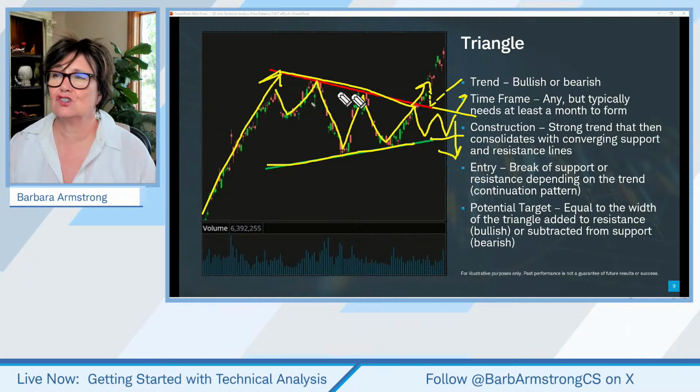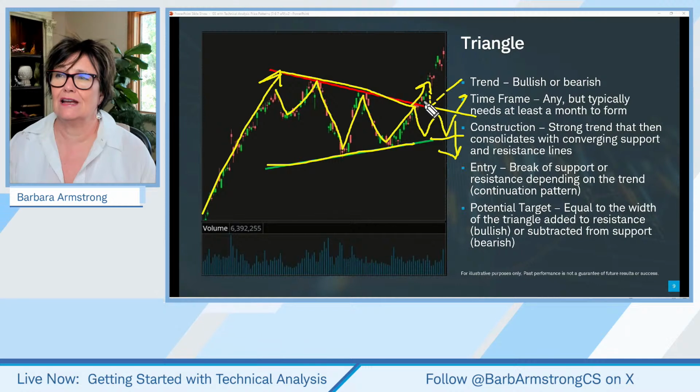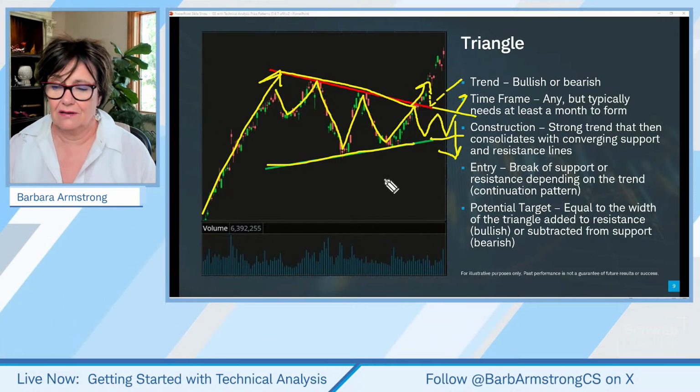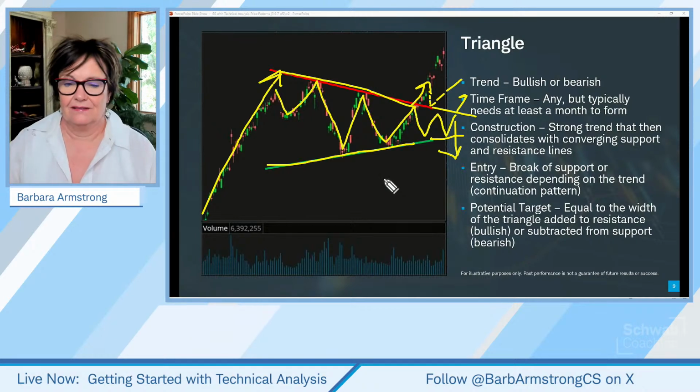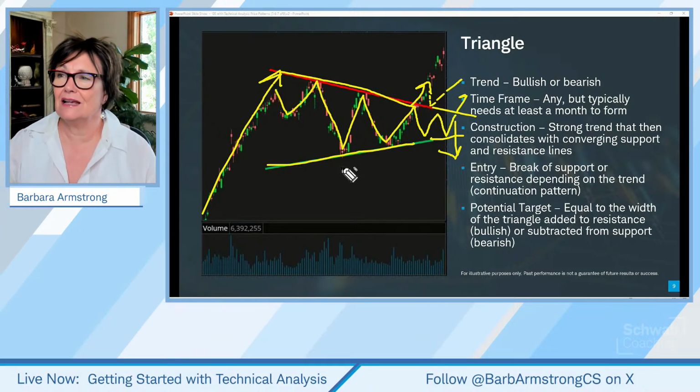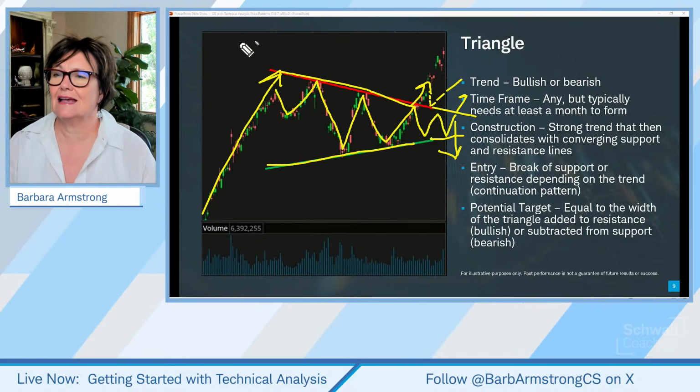Now, with this particular chart, it broke out and it had only one down day, which was the day following the breakout, and then it took off. And sometimes that's all you get, is that one day pullback. And then sometimes it might break out. So you could have a triangle, like let's say